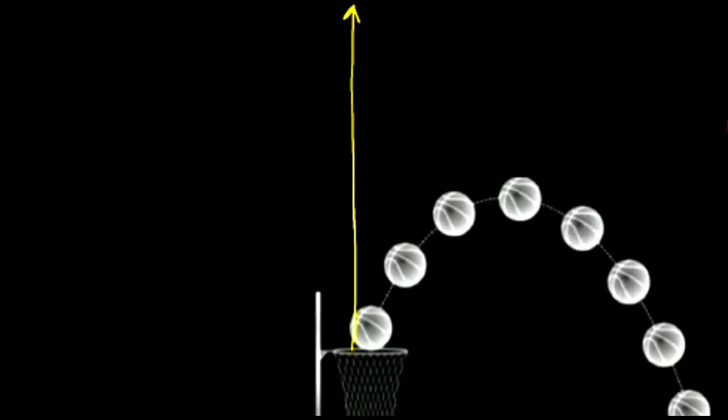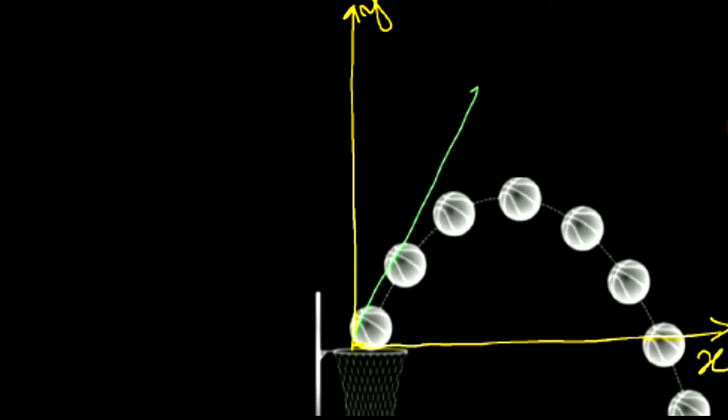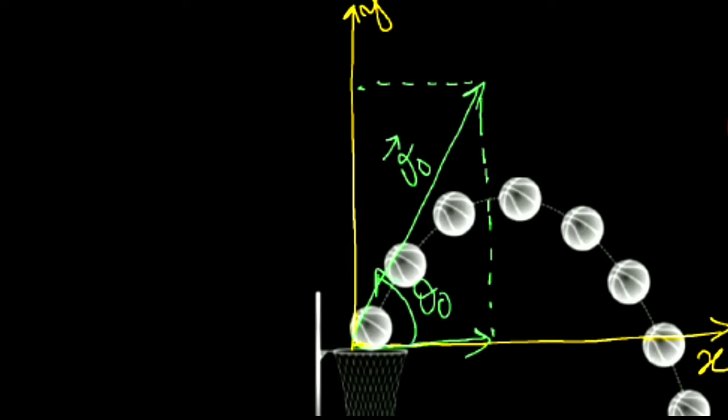This is a parabola shape. Now let's draw the axis of x and axis of y, and draw the tangent on this curve. Tangent shows the direction of velocity, that is vector v0. Now just draw the corresponding line on x-axis and on y-axis. See, here theta naught makes an angle between vector v0 and axis x.